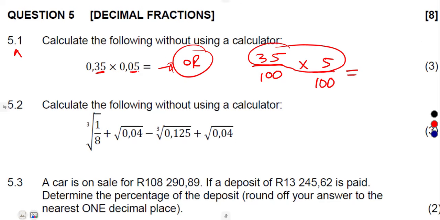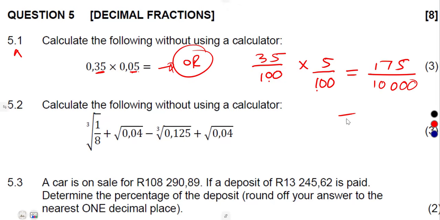Numerator to the numerator. 35 times 5 is going to give us 175 over 100 times 100, which is going to give us 10,000. So if we divide 175 by 10,000, we move the comma 1, 2, 3, 4 places back. It is still going to give us